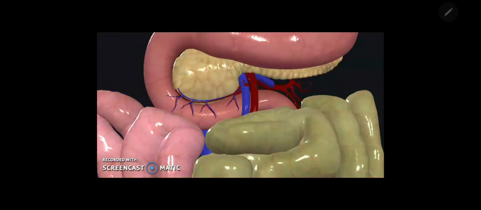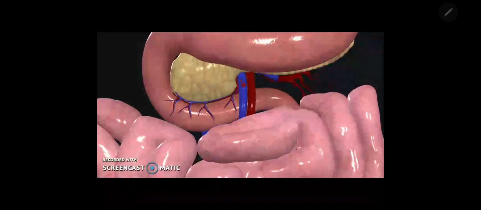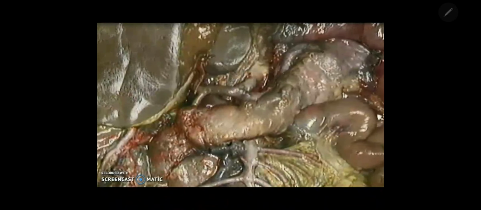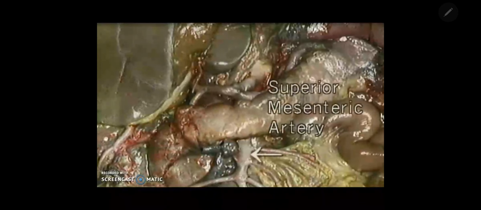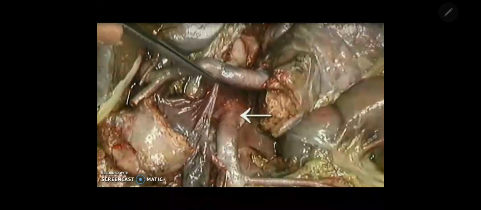You can notice there coils of jejunum and ileum, and behind it is related to the big vessels, that is inferior vena cava on the right side, abdominal aorta on the left side, and in front it is related to superior mesenteric vessels and root of mesentery. You can notice there that is the pancreas. You can notice that is superior mesenteric artery and superior mesenteric vein. If you take out that part of the pancreas related to the L2 vertebra, here you can see the origin of the superior mesenteric artery coming from the abdominal aorta,